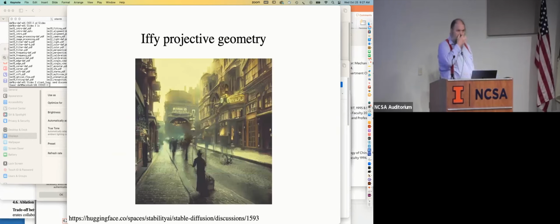Another thing to notice about these methods is that the projective geometry is pretty iffy. So when I was putting the slides together the other night, I sat down and I went and just got from the internet a nice Stable Diffusion image that people were boasting about. This was the first one I got. There's nothing special about the choice process, and you can go look it up. It's intended to be Victorian and artistic and steampunky and a whole bunch of other stuff.